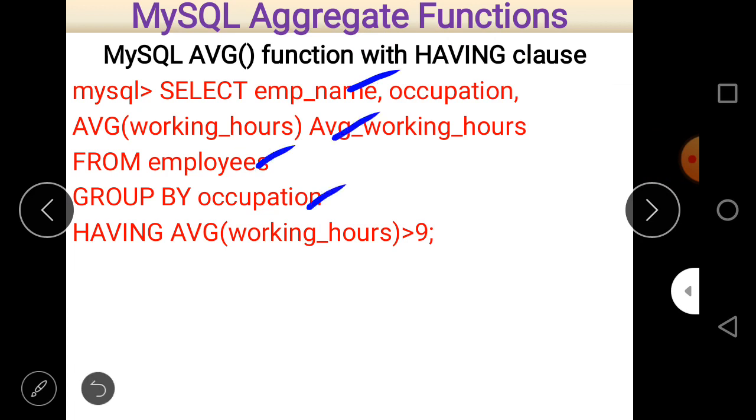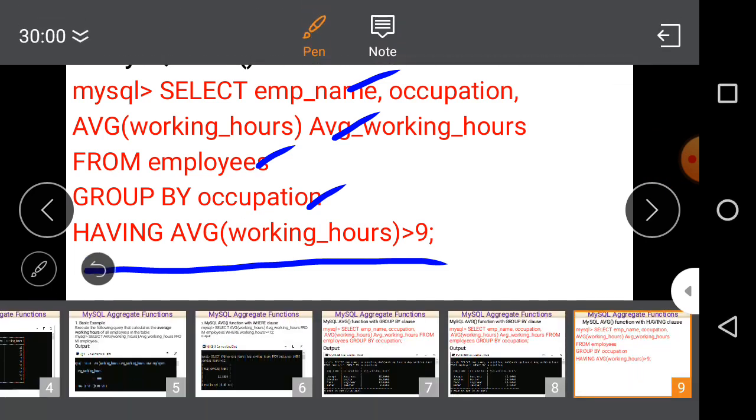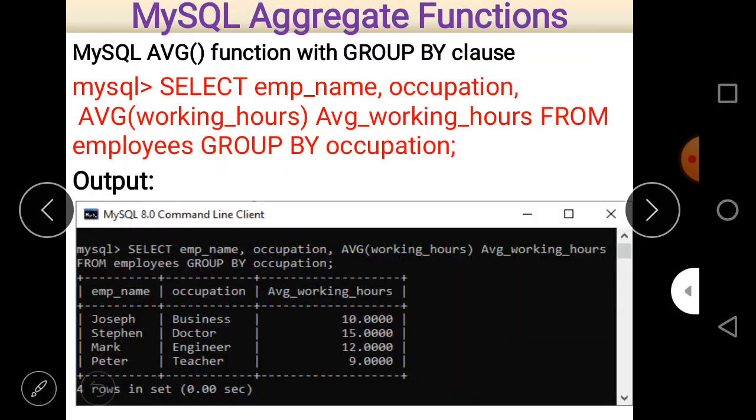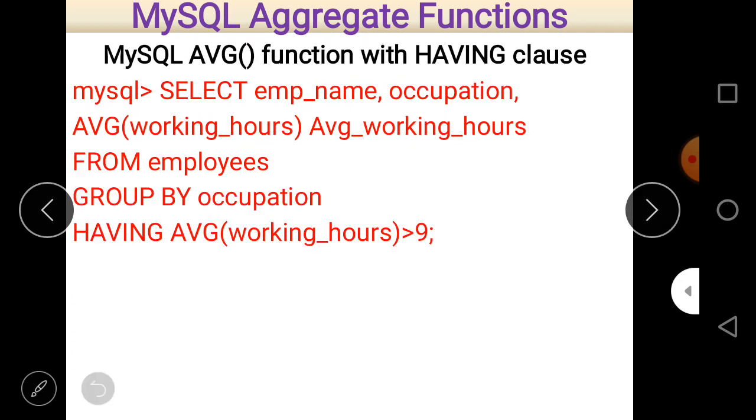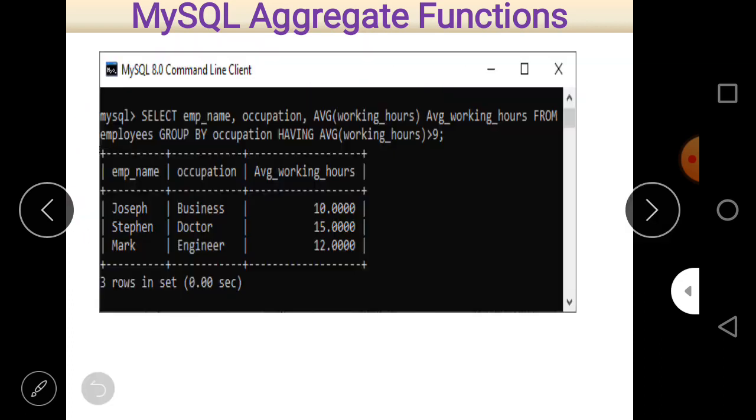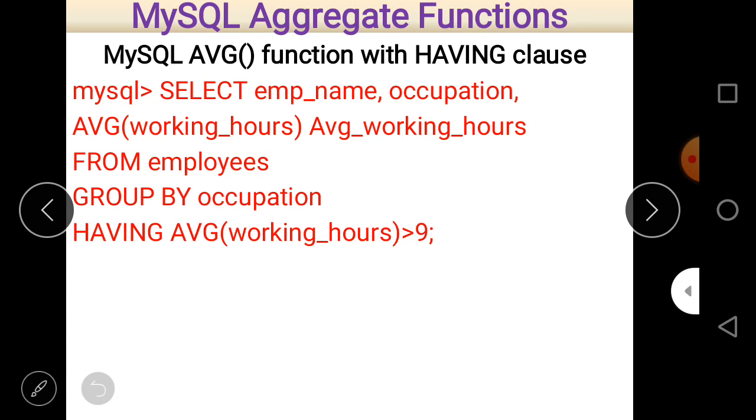But here is a condition, and the condition is on the group: average working hours must be greater than 9.